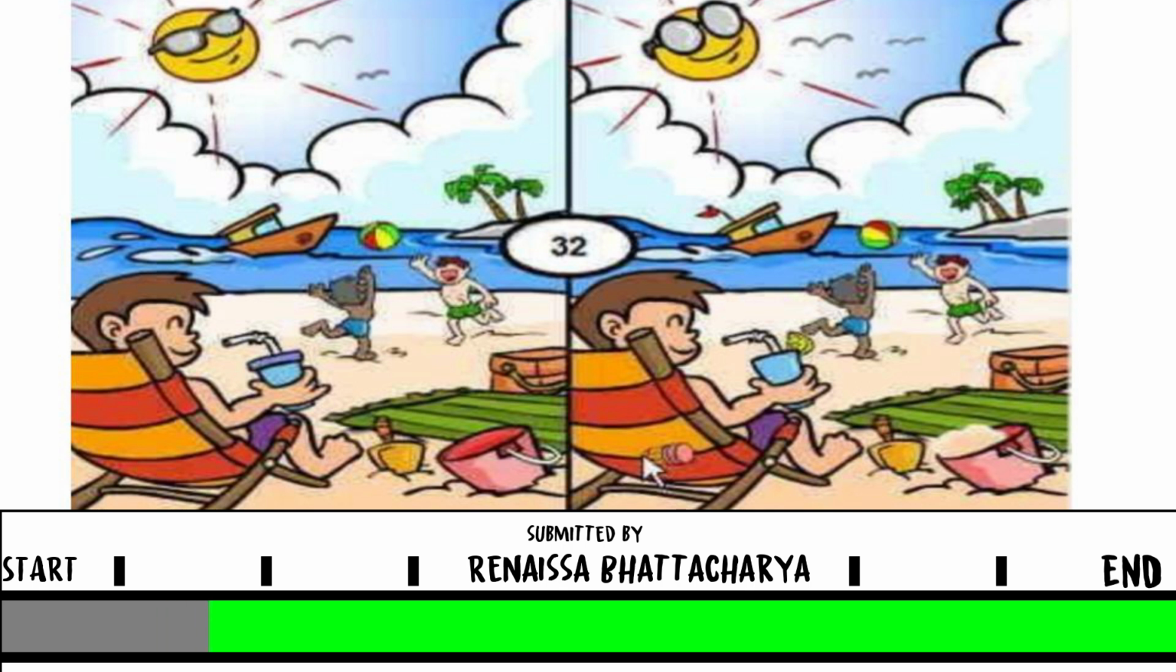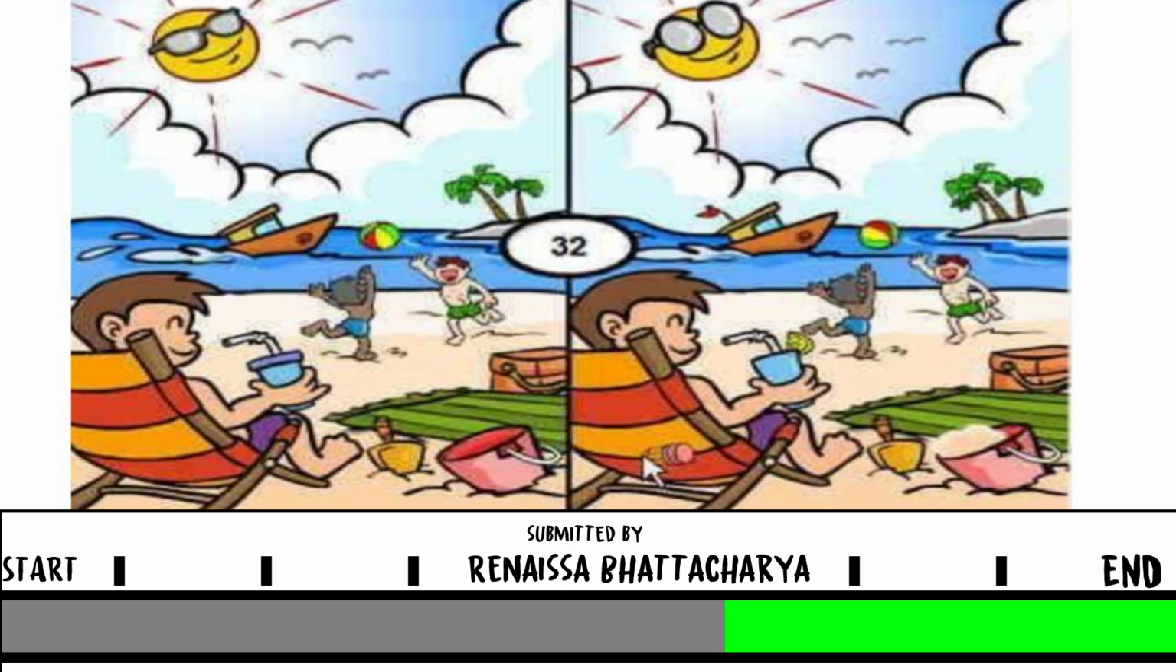Third difference is that in the left image the ship has no flag over it, whereas in the right image the ship has a red flag over it. Fourth difference, in the left image the sun is wearing rectangular glasses, whereas in the right image the sun is wearing circular glasses. Next difference,